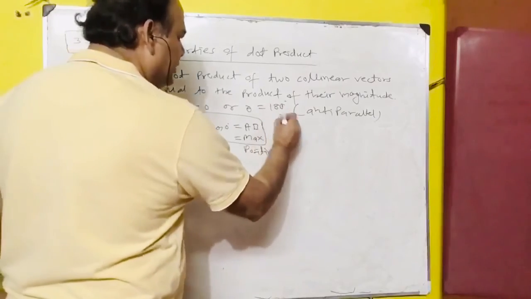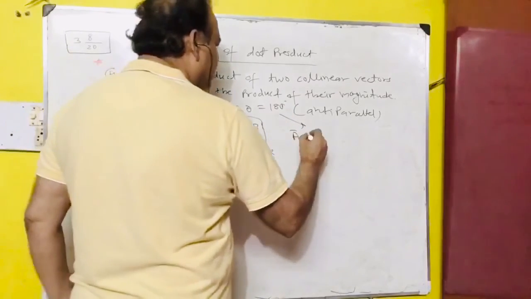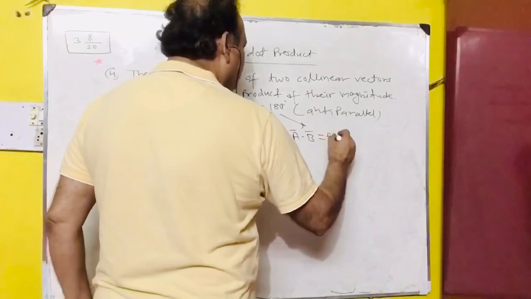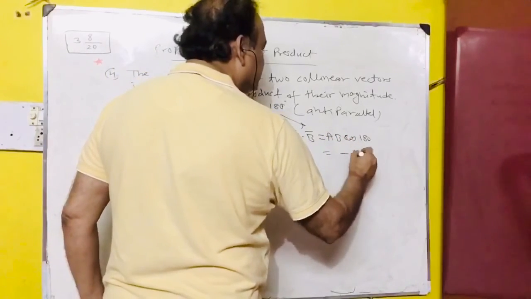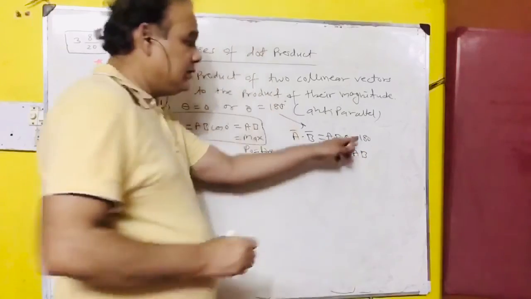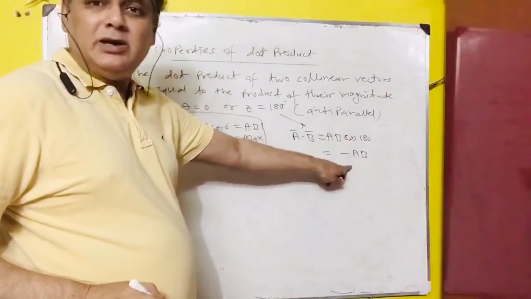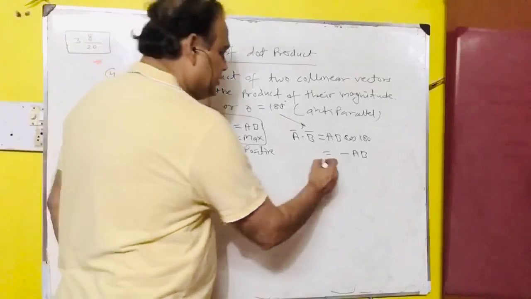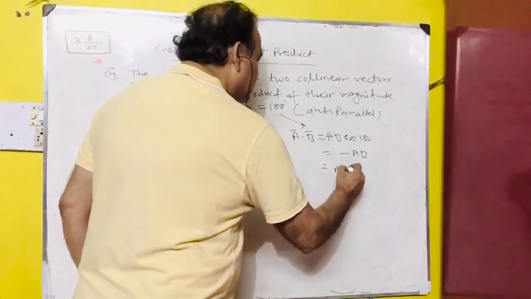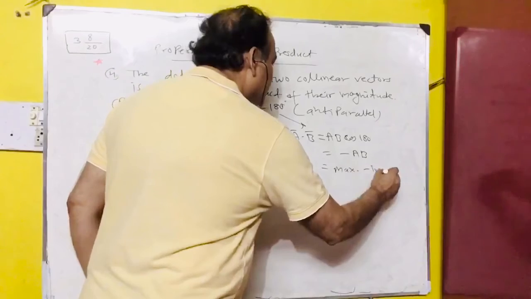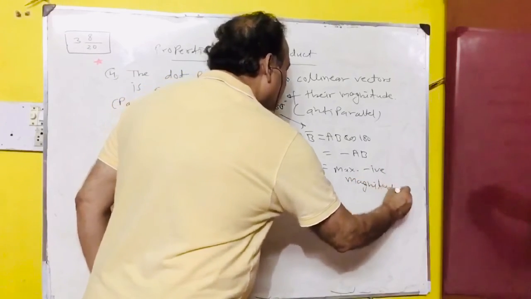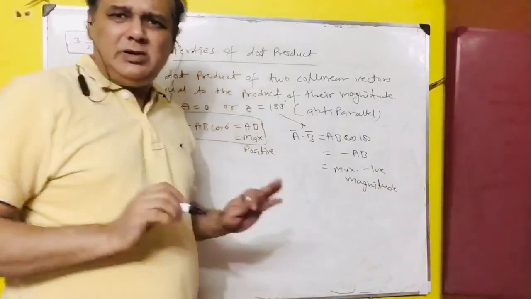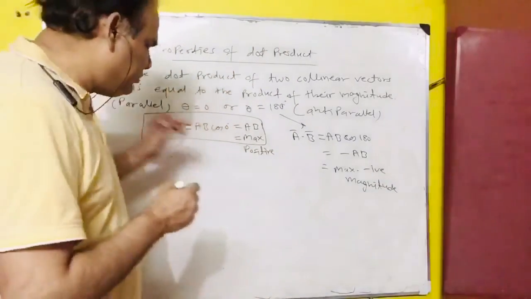सपोज यू आर टेकिंग 180, so A vector dot B vector is equal to AB cos 180, and cos 180 is minus 1. It is minus 1, तो minus AB आ गया, and minus AB means मैक्सिमम नेगेटिव मैग्नीट्यूड। तो मैग्नीट्यूड पॉजिटिव या नेगेटिव, इट इज मैक्सिमम।